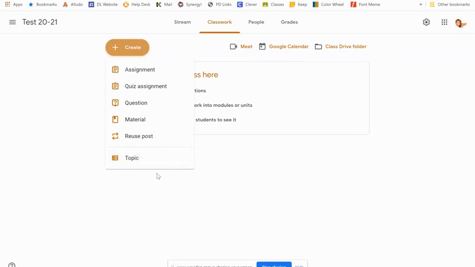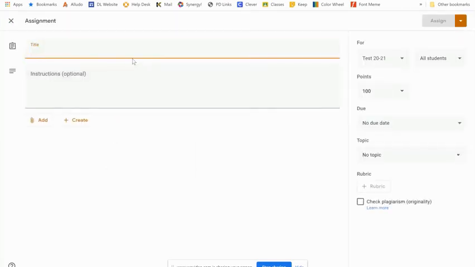Topics are going to be really important because they organize your assignments. So you may want to have a topic of Unit 1, and you've got all of your stuff for Unit 1 posted there. You may want to do it by weekly assignments, or maybe by daily assignments, up to you, depending on how many you're doing daily. But I would say weekly or unit or whatever your focus is. So if it's all on friendship or it's all on geometric shapes, any type of subject, that's what you're going to want to do for your topic. You can add a topic here, or whenever I click to do an assignment,